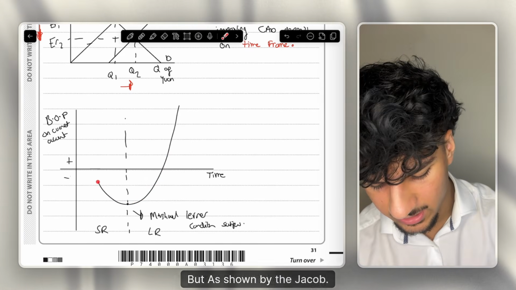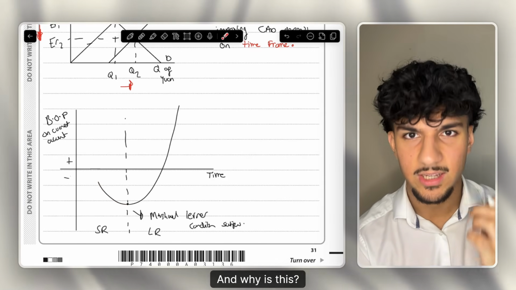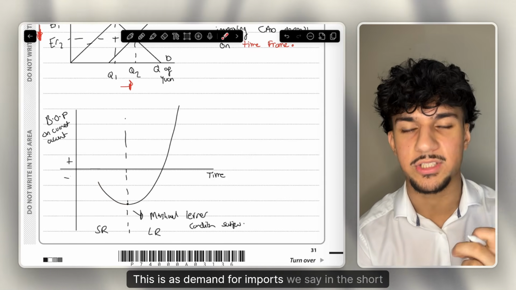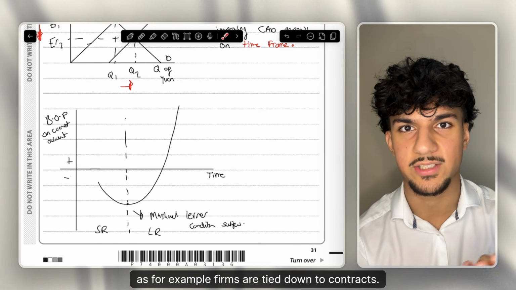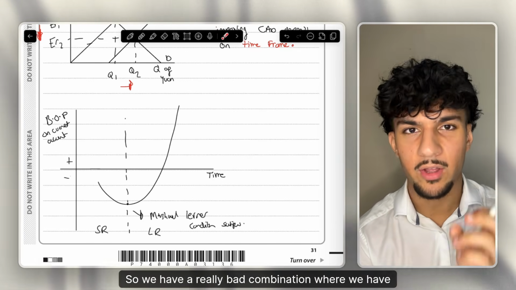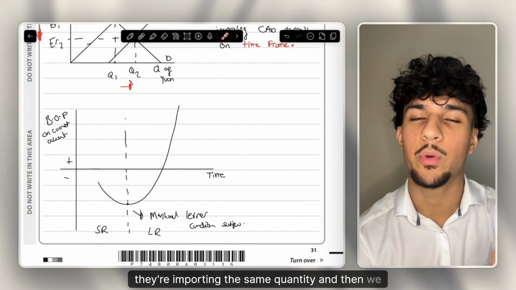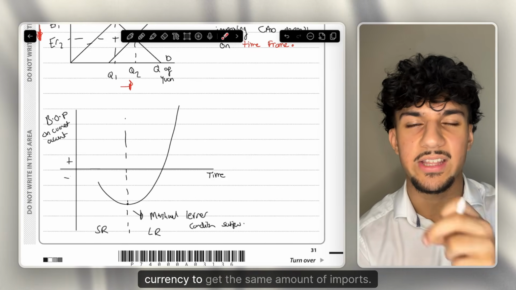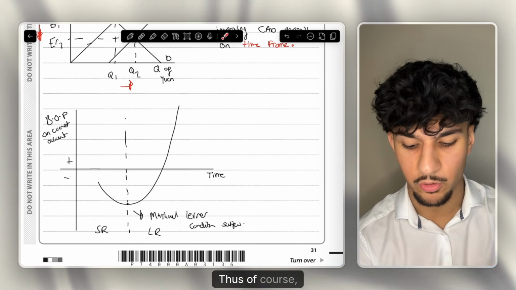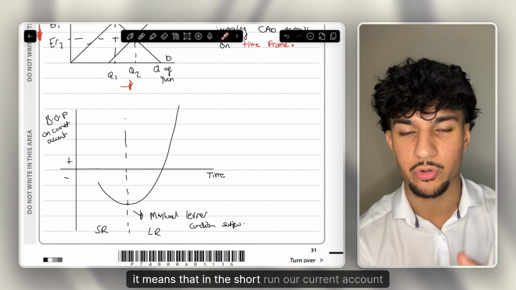As shown by the J-curve, in the short run, the current account deficit actually gets worse. And why is this? This is as demand for imports, we say in the short run, is inelastic, as for example, firms are tied down to contracts. So we have a really bad combination where we have firms, since they're tied down to contracts, importing the same quantity, and then we have a depreciated currency. So essentially now they need to spend more of that currency to get the same amount of imports. Thus, of course, as we can see on the J-curve diagram, it means that in the short run, our current